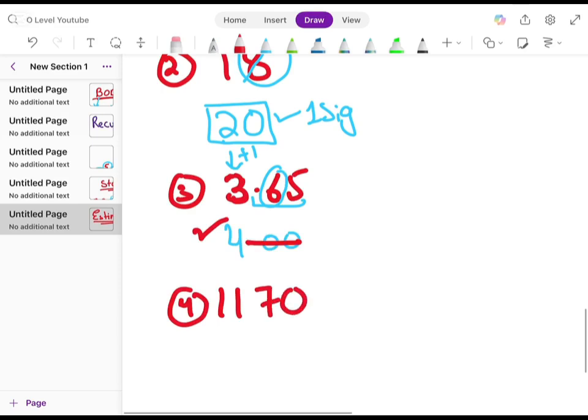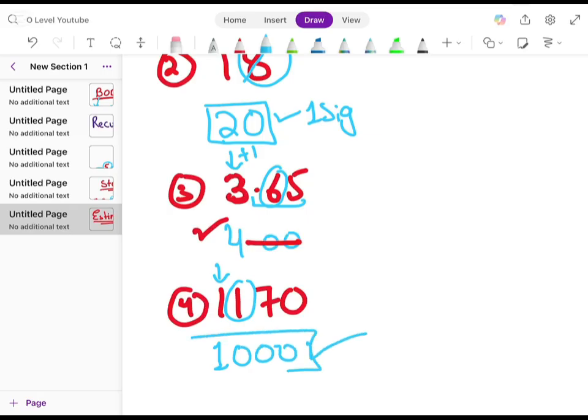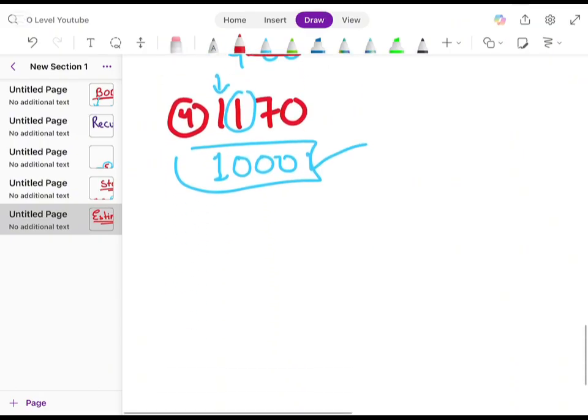1170, for example, the number is this. Now after the first significant figure I have 1, that is lesser than 5. When the number is lesser than 5, I told you do nothing, you just need to write 0 here. That's it. This becomes your one significant figure. You don't need to add, you just write the significant figure as it is and then write the zeros. Okay. Now round off to the